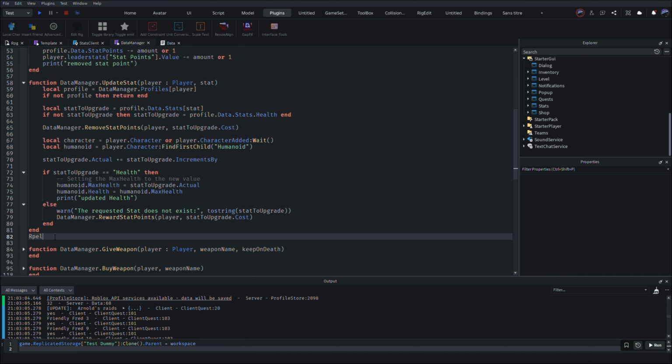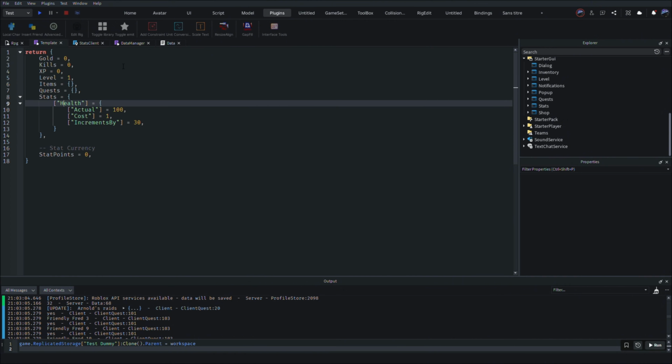So then we can get ReplicatedStorage.Remotes.OnStatUpgrade.OnServerEvent:Connect, and connect that to DataManager.UpgradeStat. We'll probably keep an eye out for warnings and errors, but not for now. Since we're getting sent the player automatically, and we also send the stat, which we're going to look through in our template,